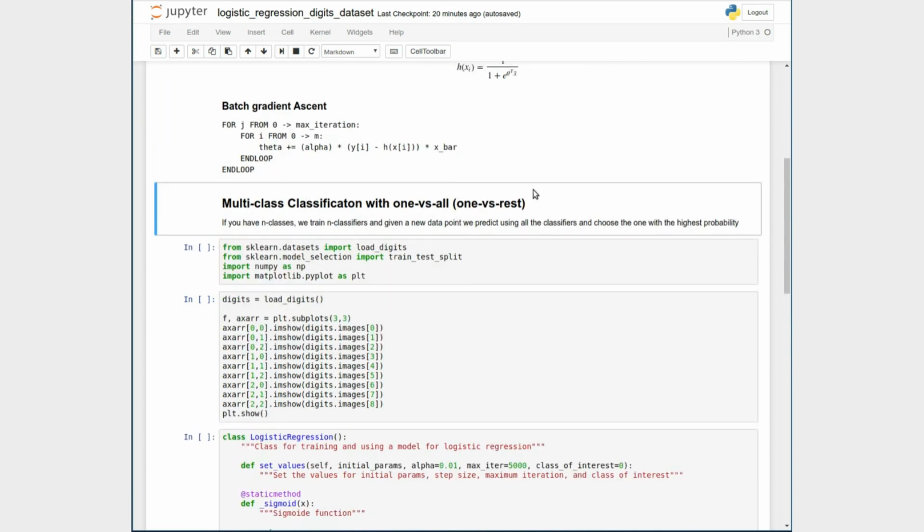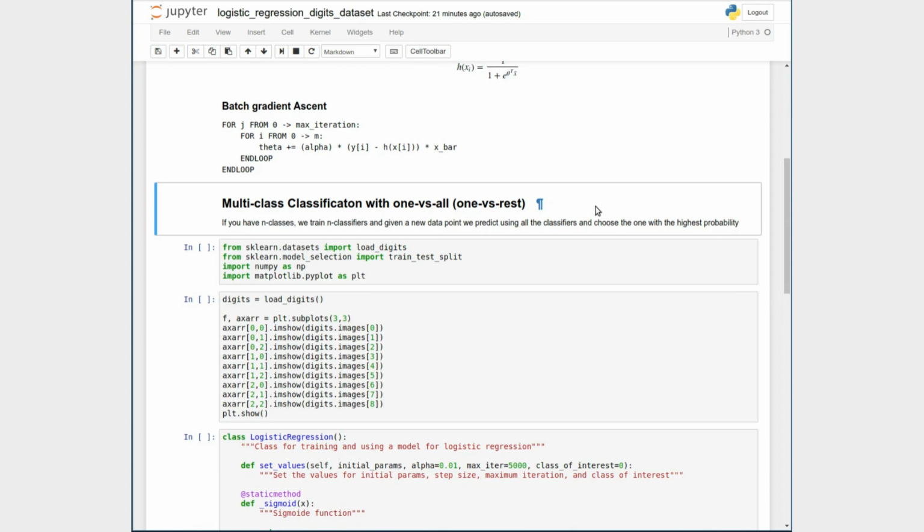And recall that the logistic regression problem is essentially a binary classification problem, but we have 10 digits that we want to classify, 0, 1, all the way to 9. So this is a multi-class classification problem. And the way we're going to be doing that is what I like to call the brute force approach, but it's referred to as the one versus all or one versus rest approach, where if you have n classes, in our case we have 10 different classes, then we will train n different classifiers, in this case 10 classifiers,